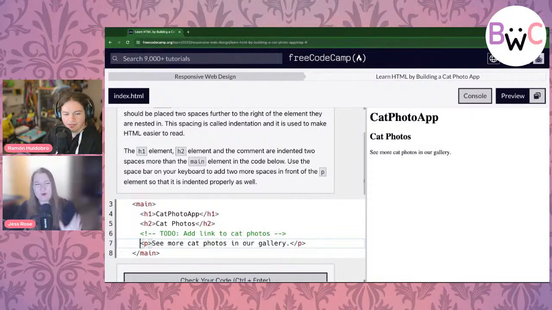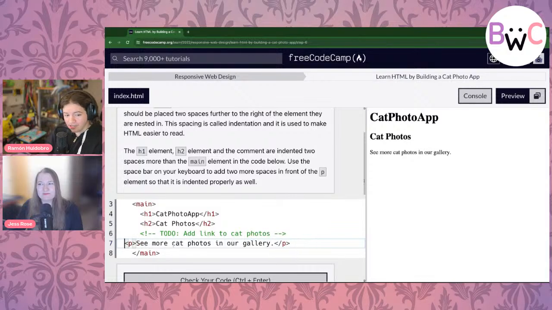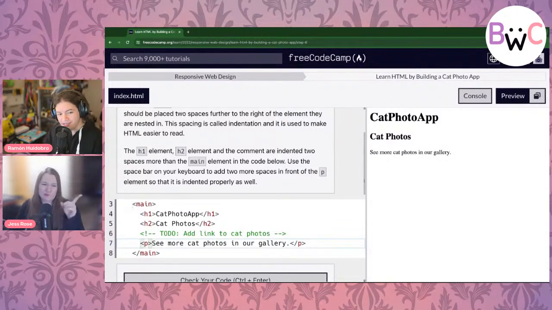Why are we going to do this? Why is it important that the nested elements are all aligned, and why are they all pushed over for some extra space? This is great because it does not affect how the code is displayed. If you look at the browser, my changes did nothing. This is for us as coders to more visually understand that the H1, H2 and P are all at the same level, nested inside the main element. So it's just aesthetics for us.